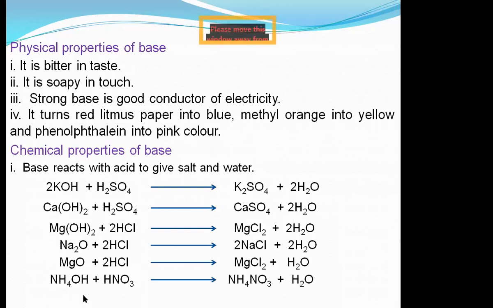Ammonium hydroxide plus nitric acid. Ammonium, NH4, has valency 1, nitrate has valency 1, so NH4NO3, and the rest is H2O. So these are the chemical properties where base reacts with acid to give salt and water. After the next one,